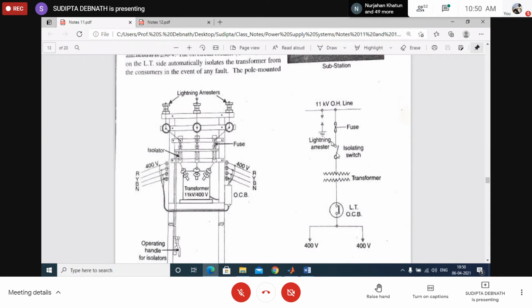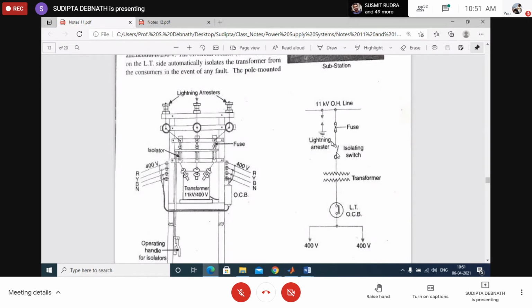You have heard about corona in overhead transmission lines. Why does corona occur? It occurs due to the dielectric breakdown of the air. That means air becomes conducting. So in high tension lines, if the two lines are brought closer to each other, you will find corona. That means voltage gradient increases. What is voltage gradient? For air, it is 30 kV per centimeter. So it depends on per centimeter. If the spacing between the conductors decreases, the breakdown strength of the air can be reached. It can be above 30 kV per centimeter. So if it exceeds that value, air will become conducting.